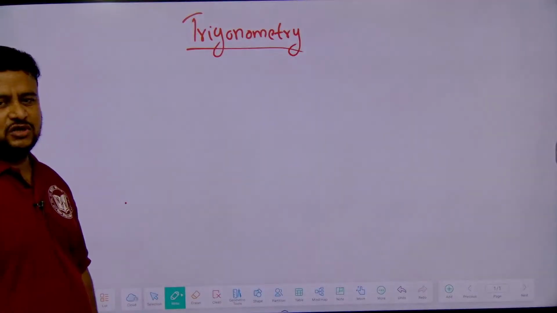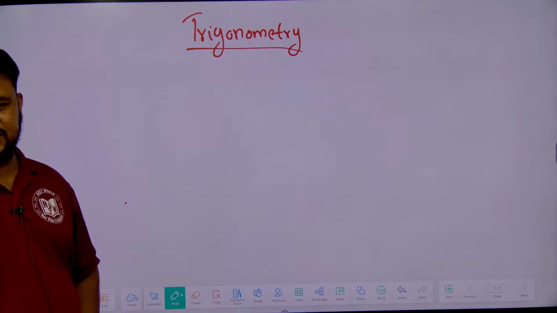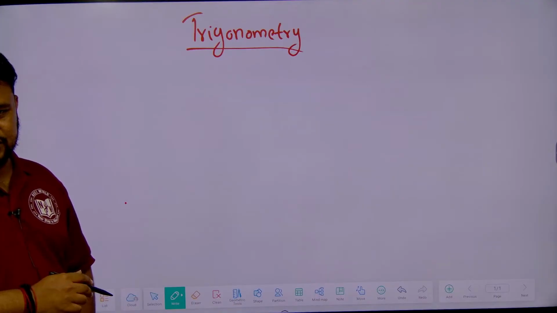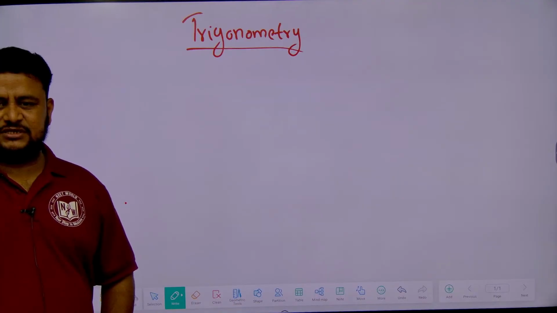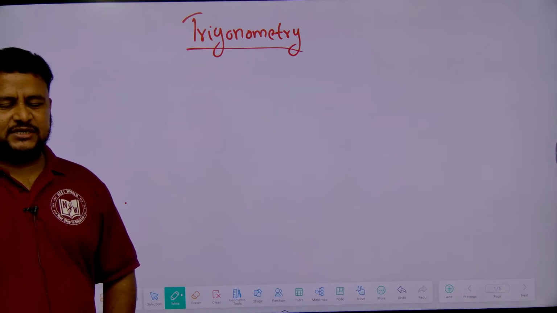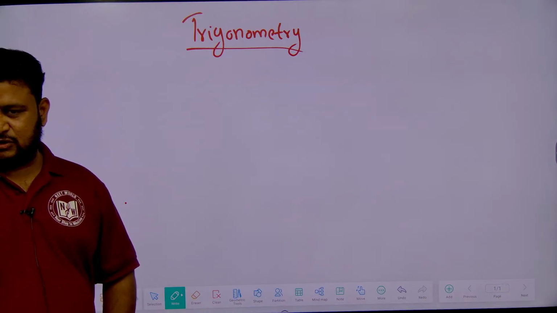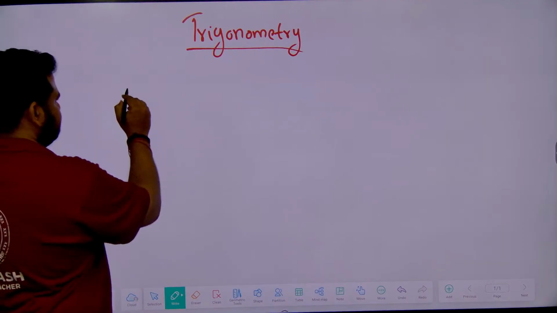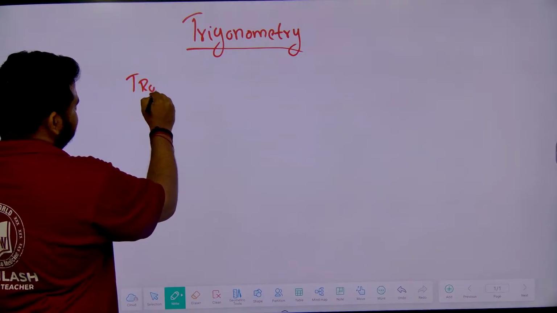What is sine, cos, all these things you would have studied in your matriculation, that is in your 10th standard itself. So, I will not go into that. In the day before yesterday's class, we discussed trigonometric ratios of negative angles, and also we discussed odd and even functions, right. So, let us repeat that: trigonometric ratios of negative angles,